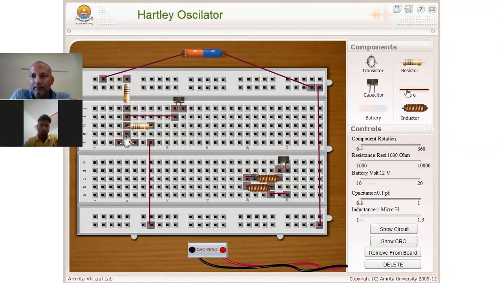As we all know, once you connect one component here and here, this entire vertical line has the same connection. So I can connect it here like this, with the help of a wire.